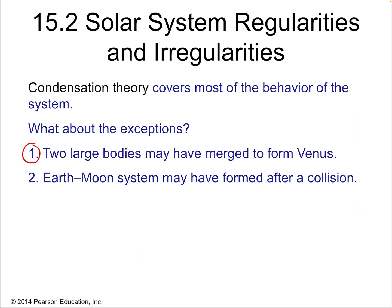Exception number one, Venus. Venus seems like it actually might have been two separate planets. That would explain its lack of a magnetic field. That would explain the fact that it's spinning in the opposite direction. So it's a very, very unusual case here, and it may have been two large bodies, maybe two Mars-sized planets that at